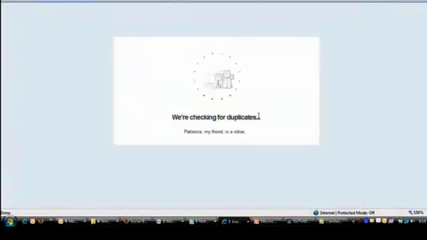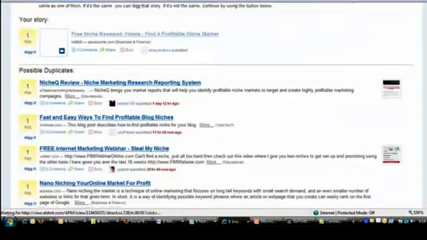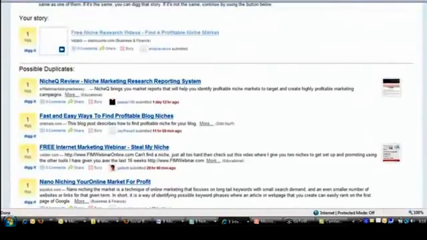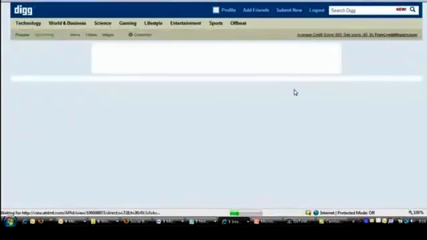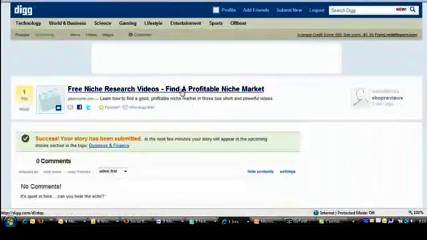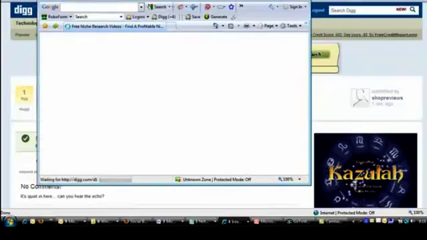And now they're checking for duplicates. Now Digg sometimes does not ask for tags, but some of them will, so keep that in mind. This time it's going to say, okay, it looks like something else, so I'm going to just say it's totally original, because it is. I have not submitted this yet, and so you just scroll down to the bottom, and there it is. So it's all queued up now. So now if I were to click on it, it would open up in a new tab, in a new window,